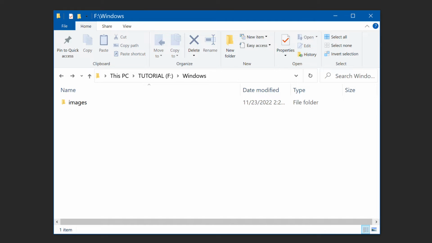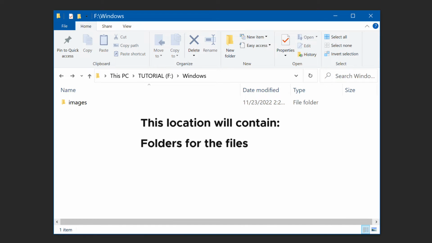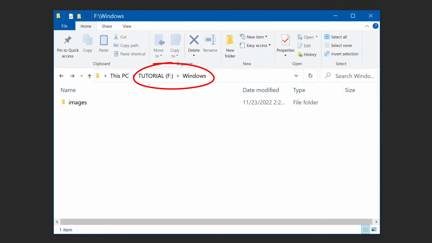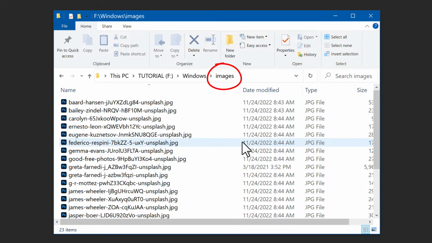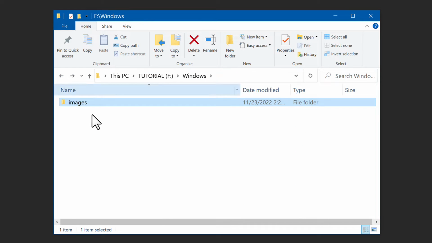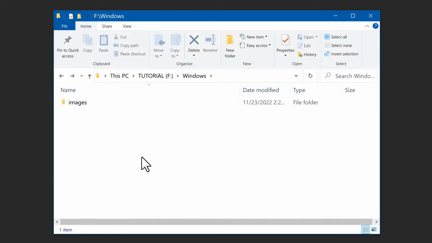We'll create a batch file for Windows and a shell script for Mac OS. I'll start with Windows. First, choose a location where all of this happens. This location is where folders for the files should be and where we save the list and the batch file. For me, it's an external drive in a folder named Windows. The images are in a folder named Images. Whatever the location, take note of it. We'll need that in a bit.